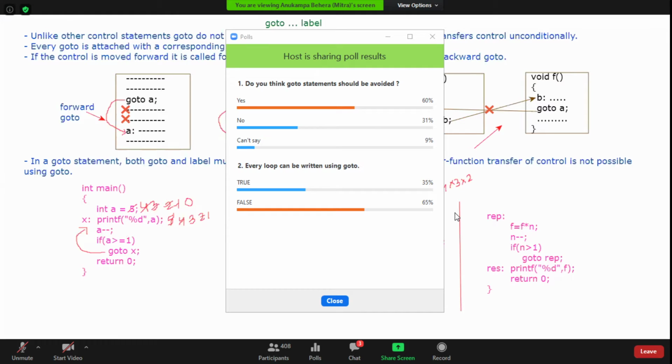That is why it's always told that if you write too much go to, the compiler will not be able to understand what is happening. The logic it will not be able to manage. Semantics is the problem. So it's not considered good code if you write a lot of go to. One go to you can write, like in this particular case, go to is very useful. But not too much go to. So go to should be avoided.